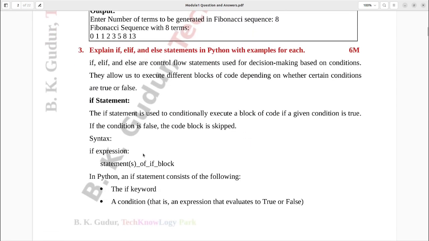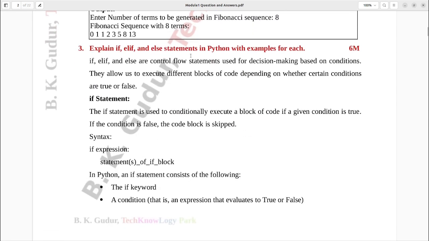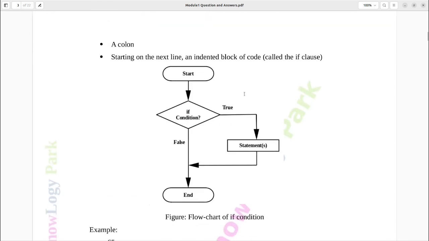Next, the third question is: explain if, elif and else statements in Python with examples for each. Once again, it's been asked for 6 marks. Here, dear students, when conditional statements or looping statements are asked, try to concentrate on the number of marks. In this case, 3 different conditions are supposed to be explained, and it's been asked for 6 marks. Here, drawing a flow diagram is not mandatory. You may skip it. I have drawn a flow chart, but when it's been asked for